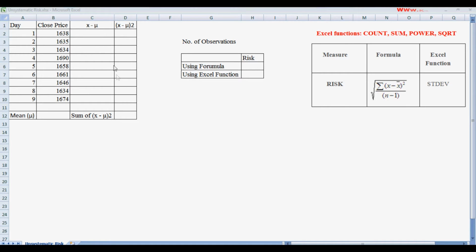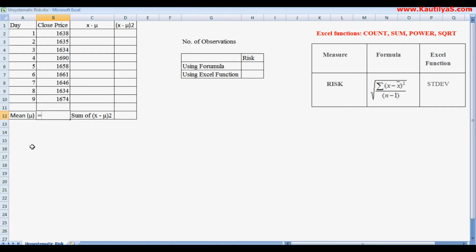For our example, I have taken the closing price of a stock for 9 days. First we calculate using the formula. The formula says summation of (x minus x bar) whole square. So first we need to calculate x bar, that is the mean value of our observations. The mean is calculated in Excel using the built-in function average.